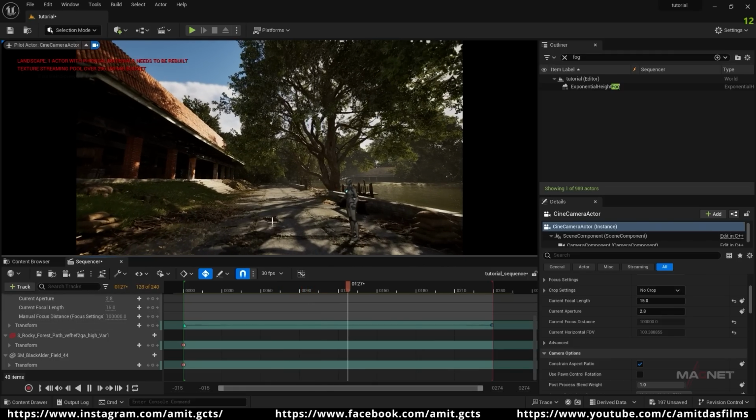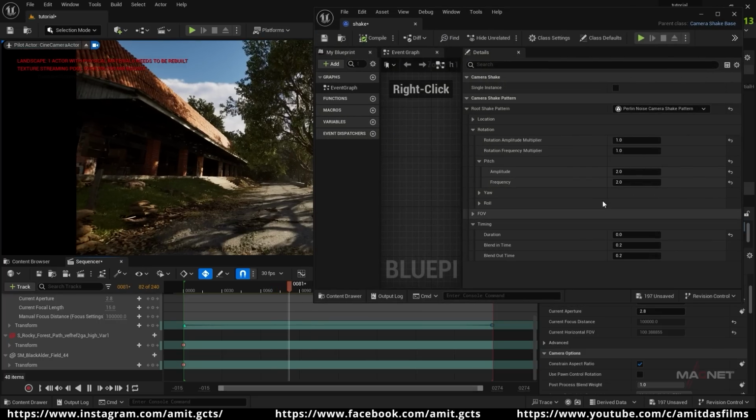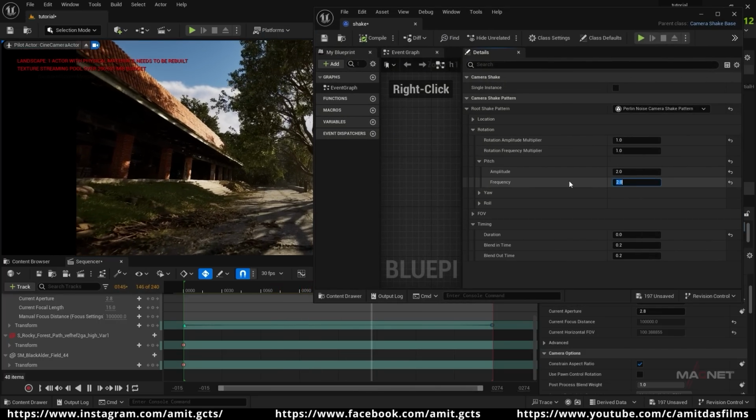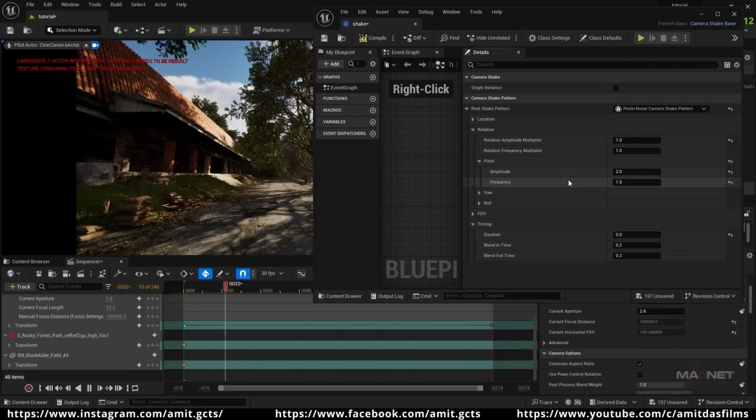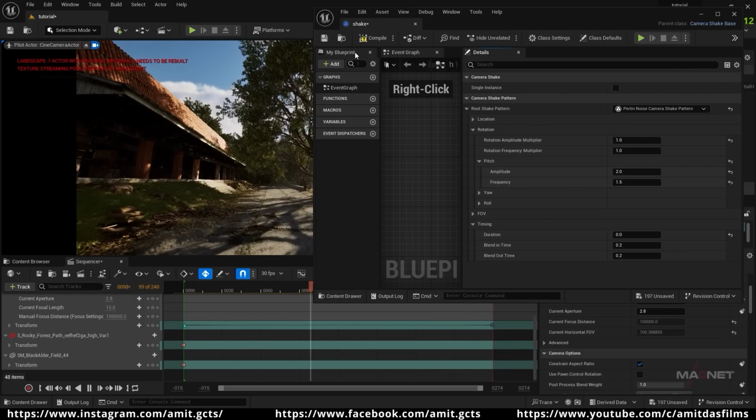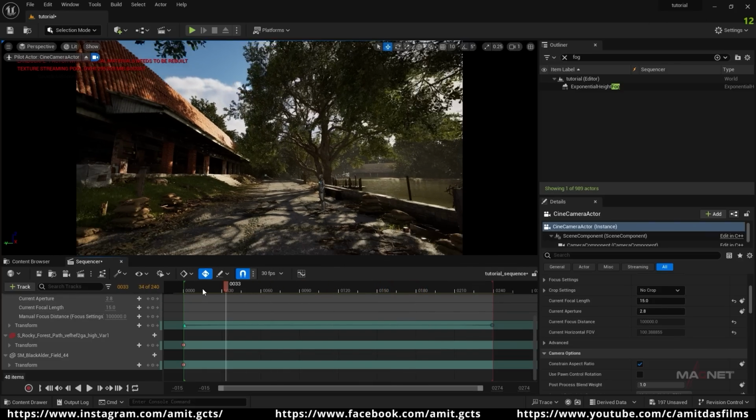But you can see that the shake is a little too much. So again we go to this camera shake, and then maybe we go to this frequency, and we decrease it to maybe 1.5. Okay, and now it looks right. Okay, so now as you can see,